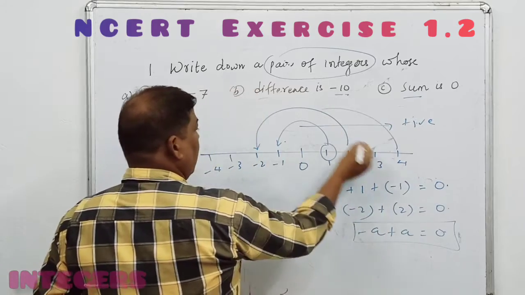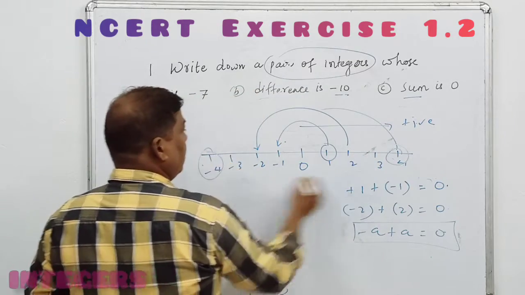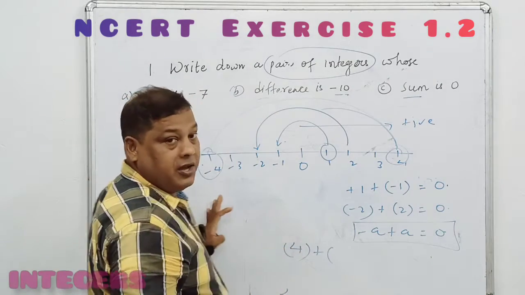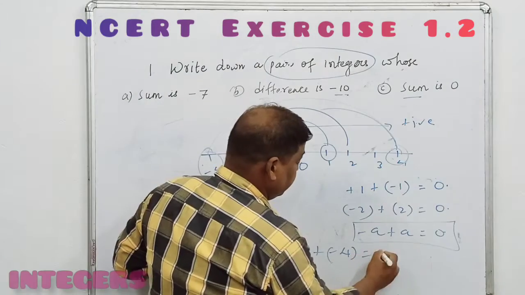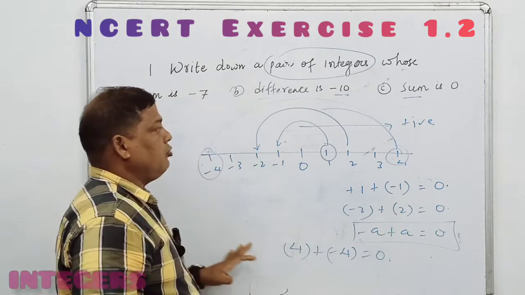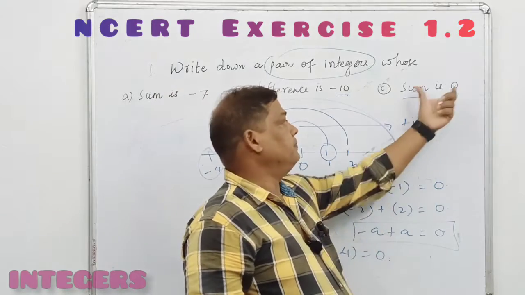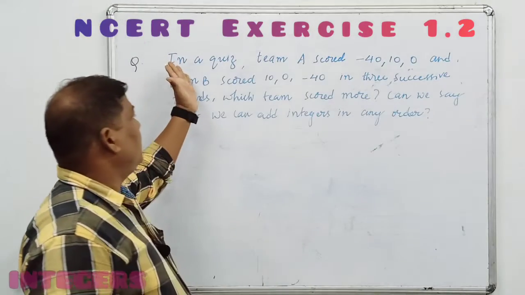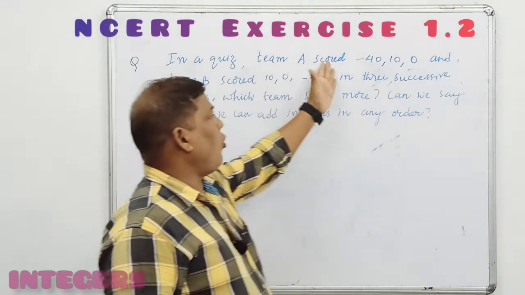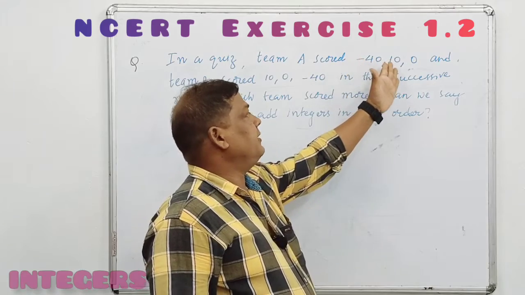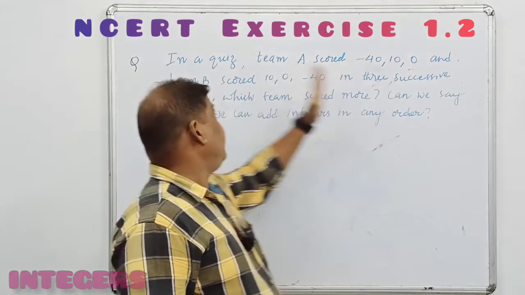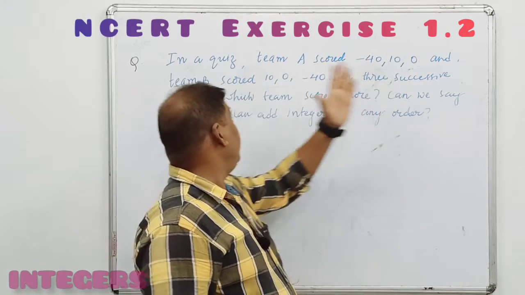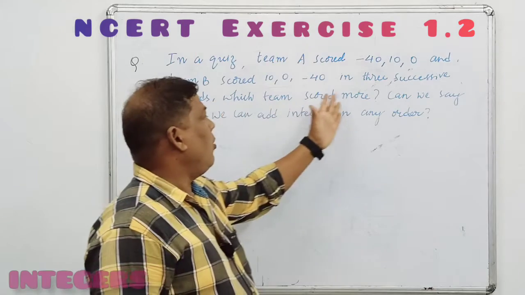कोई भी नंबर ले लीजिए, opposite of 4 is that is -4 और -4 के बीच में करिए, 4 is the positive integer and -4 is the नेगेटिव इंटीजर, सो दैट द रिजल्ट विल बी 0. सो इस प्रकार जो है हम लोग जो है दो इंटीजर्स को लेके आप 0 का रिजल्ट दे सकते हैं। नेक्स्ट क्वेश्चन, दैट इज इन व्हिच team A scored minus 40, then 10 and 0, and team B scored 10, 0 and 40 in 3 successive rounds. Which team scored more?